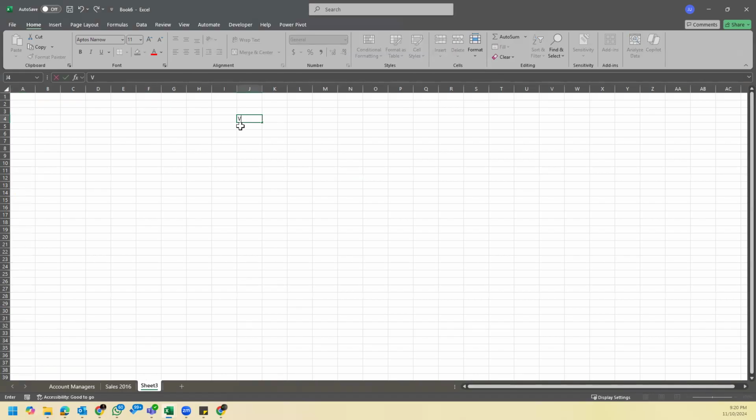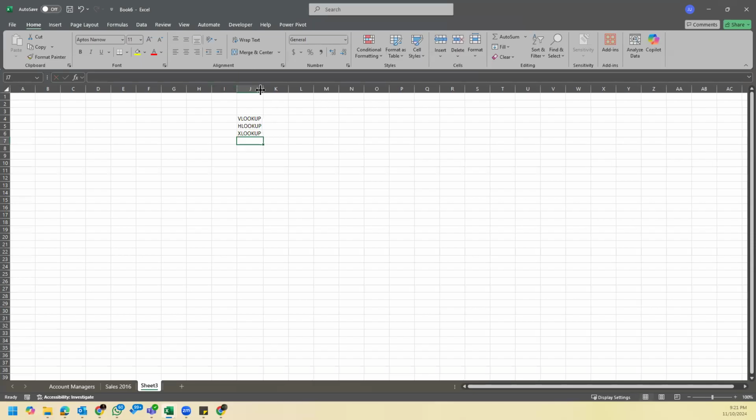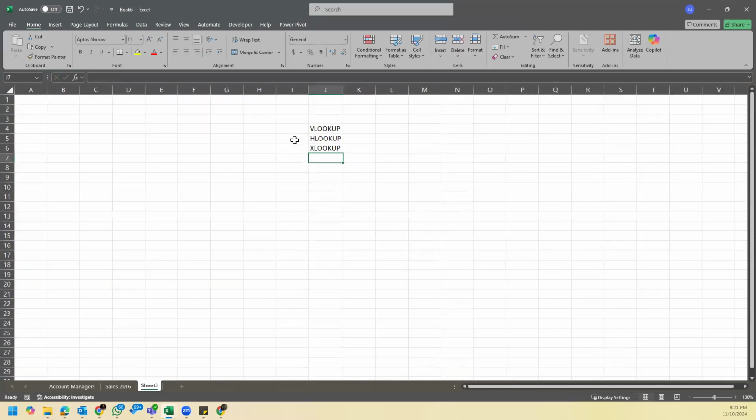So there are three functions I would focus on here, like I mentioned in the last class: VLOOKUP, HLOOKUP, and XLOOKUP. Now here's the context. Imagine